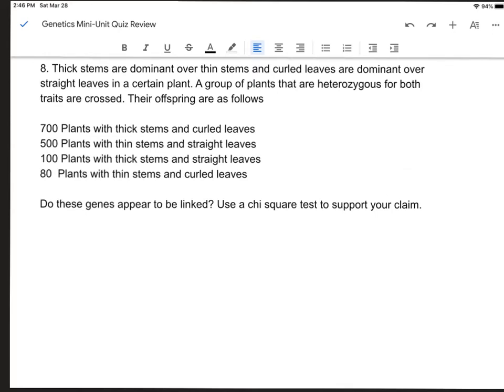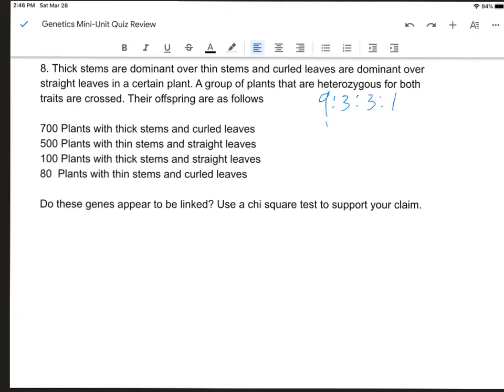So this problem is giving us an example of a double heterozygous cross. So we've got 2 traits. Both of the parents are heterozygous for everything, and these are both simple dominant recessive traits. I'm not sure if Mr. Kane went over this with you, maybe he did, but the expected ratio for a cross like this is 9 to 3 to 3 to 1,